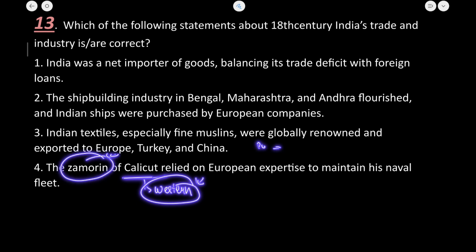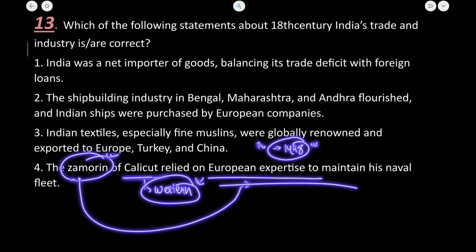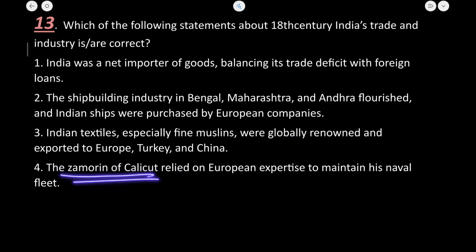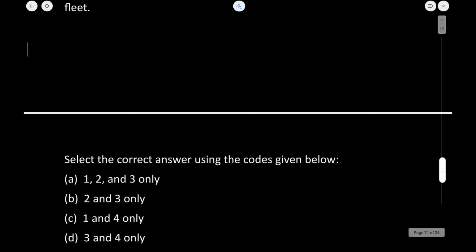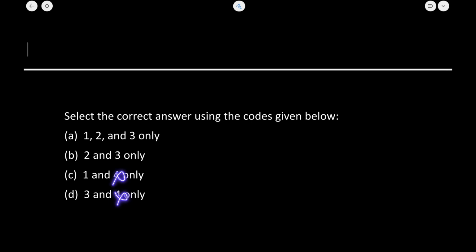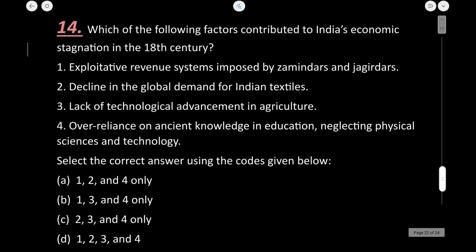पोर्तुगीज में भी 1498 में वास्को डी गामा came to India. ठीक है, तब तक Zamorin कोई बैठा थोड़ी रहेगा वहाँ पे यूरोपियन एक्सपर्टाइज की वेट करते हुए. ठीक है, he had his navy of its own. ठीक है, fourth statement is also incorrect. तो 4 हमने एलिमिनेट कर दिया, 1 हमने एलिमिनेट कर दिया. करेक्ट आंसर हमारा 2 and 3 है. ठीक है, let us now see the next question.